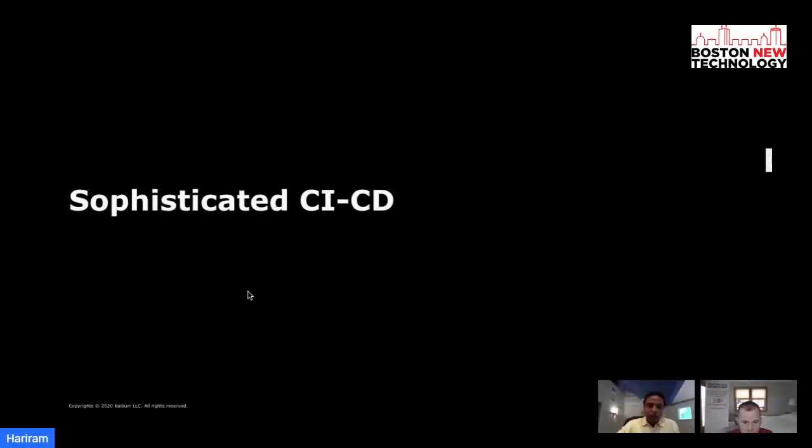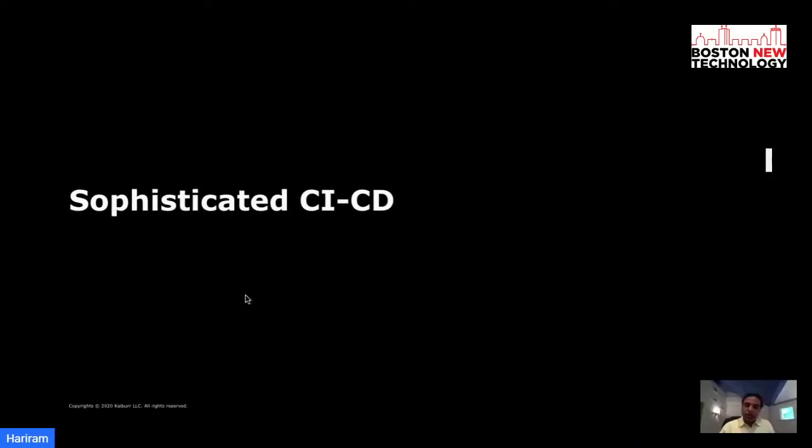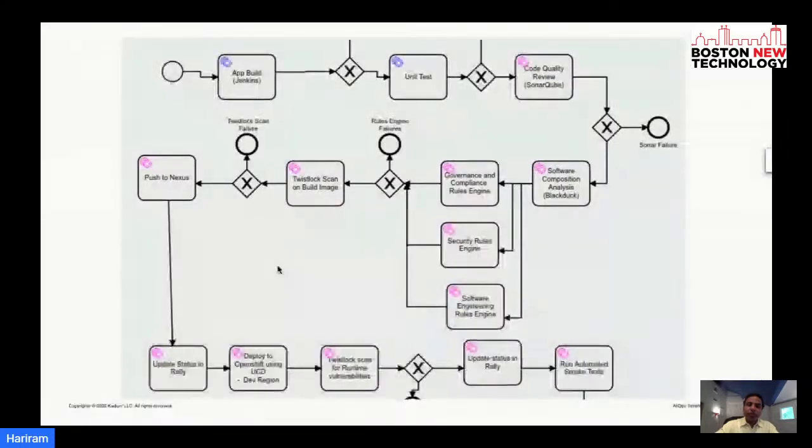So what I will focus on next is the section about the kind of sophistication you can enable in terms of your CI/CD processes. I'm going to show you a few examples of pipelines that help you understand what kind of pipelines can potentially be built that enable a high degree of sophistication and better value stream management of your release